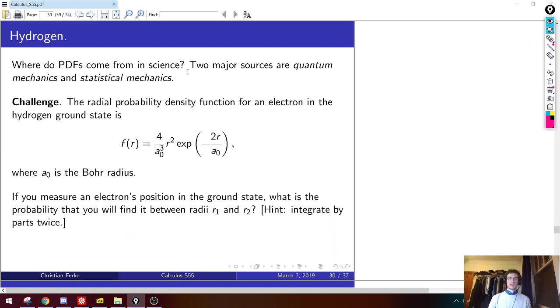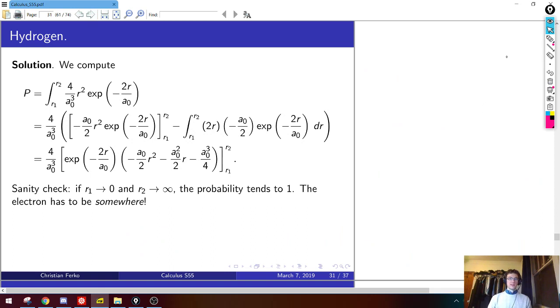Good, so let's just compare that to the solution. I think, yeah, you do the same integration by parts thing, you still have the whole overall over, what do you like? The probability has to be 1. The electron has to be somewhere. Yes. Yeah, probability distributions should integrate to 1. Good, yeah, so integrating by parts twice, you end up with something that has an overall exponential prefactor, and then 3 terms that have different powers of a0 and r. So an a0 r squared, an a0 squared r, and an a0 cubed with some numbers.